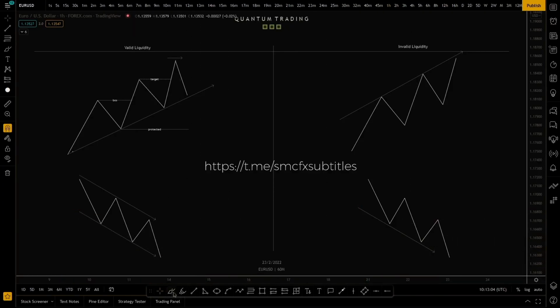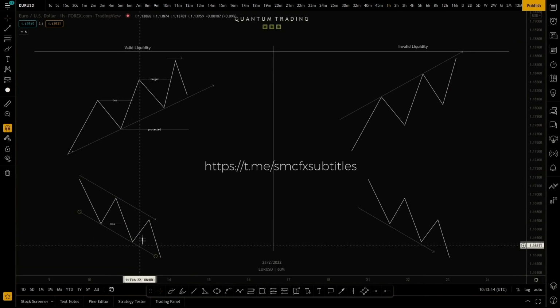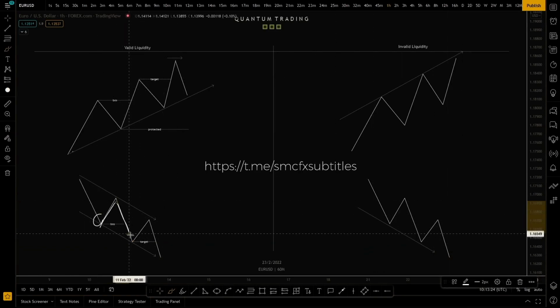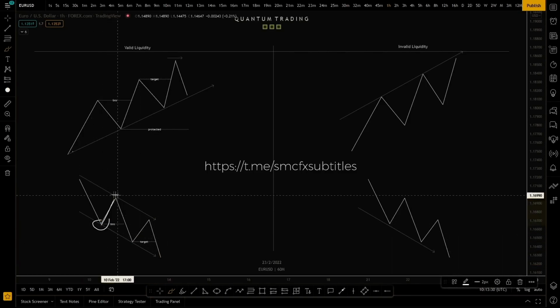Because why? Because this low put in a new lower low. As price pulls back, what's the expectation of a bearish market? To put in a new lower low. What are we doing like we explained before? We are targeting to take the liquidity below the weak low, okay? So we understand that this then becomes a target, okay? So we understand now that these lows are being ran because we are targeting the liquidity below the weak lows in a bearish market. So once price comes and puts in a new lower low, price pulls back and then it puts in a new lower low,